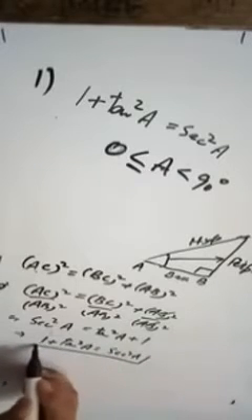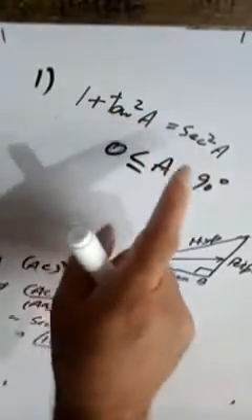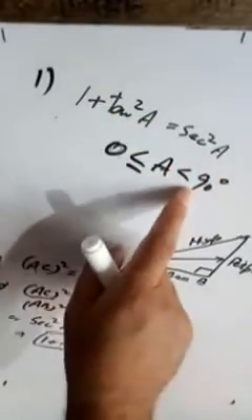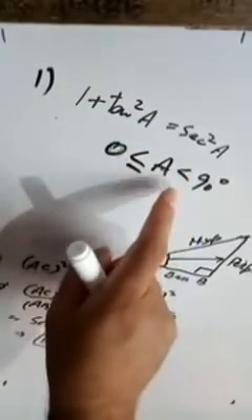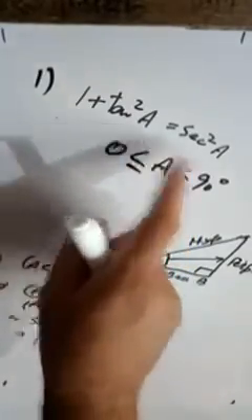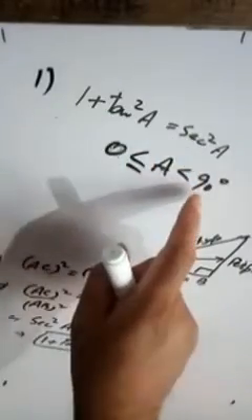But in this identity, my dears, you have to remember the domain, you have to remember the angles. Angles should not be 90. If the angle is 90 degrees, then we can't prove this. This is not the identity then. It is an identity from 0 to 89, not 90 degrees. So you have to remember, this may be asked in your examination as an objective question. What should be the domain of the angle in this identity? It is from 0 to 90, but not 90, it is 89. Take care.